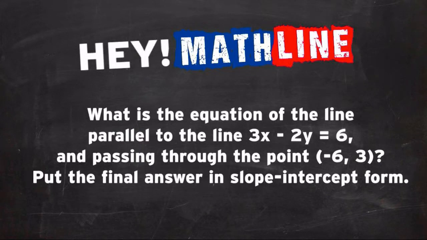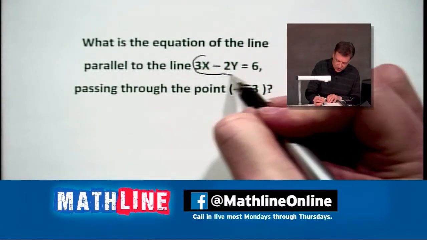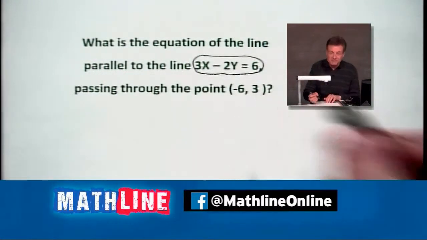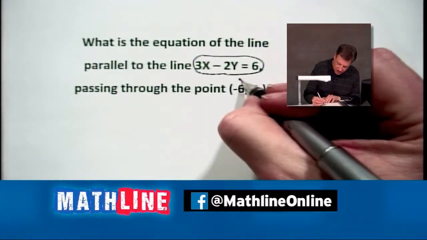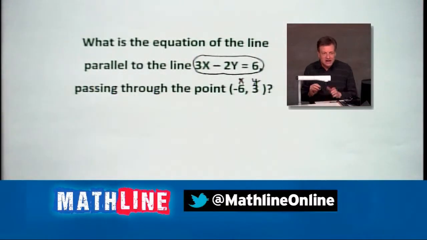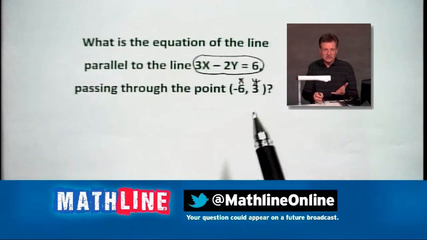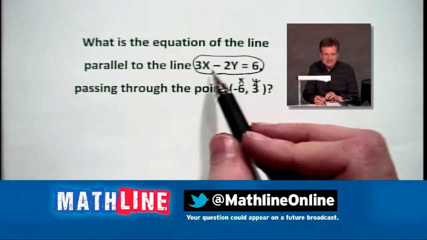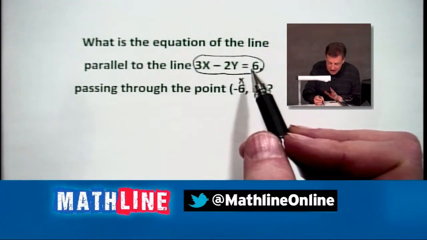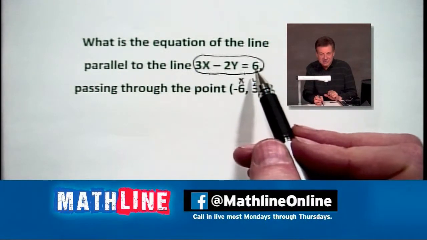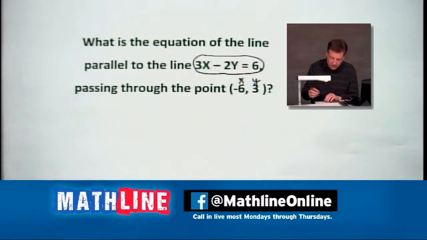All right, so we're going to start. Ooh, we don't start in slope-intercept form there, do we? We're starting with 3x minus 2y equaling 6. We've still got a point, negative 6, 3. So there's an x and a y right there. We're going to call that our ordered pair. That's standard form. Remember I mentioned something like Ax plus By equals a number. In this case, A is 3, B is negative 2, and C is 6, all right? So it's what we call standard form. We need to go to slope-intercept form to find the slope, all right?